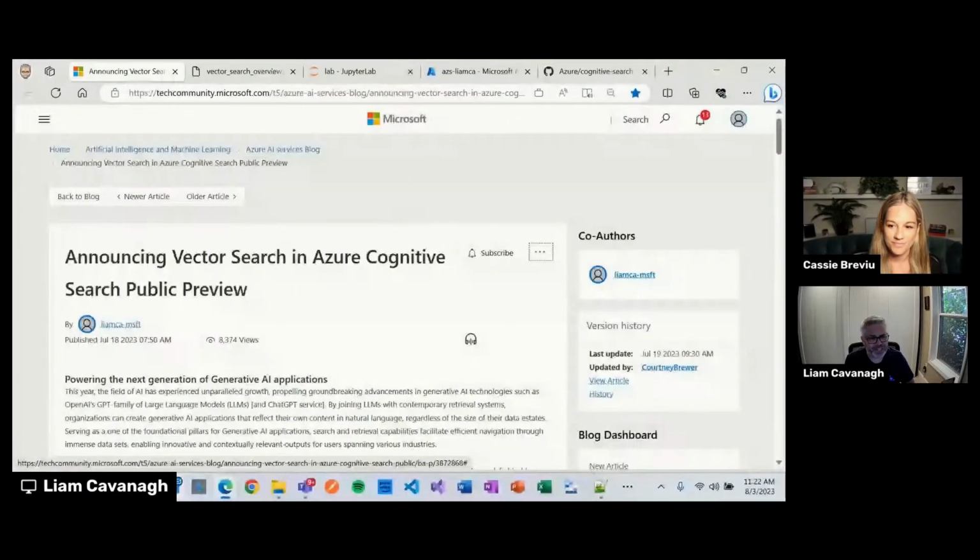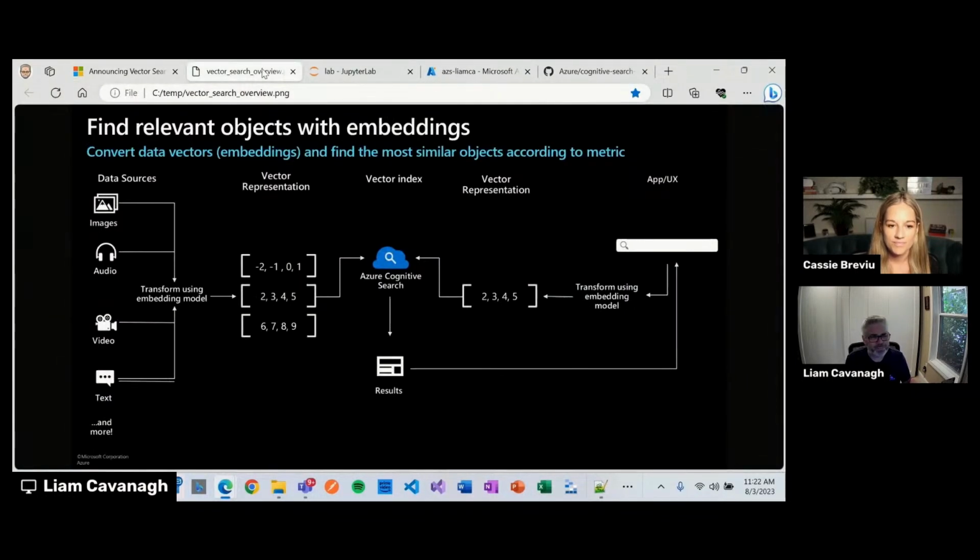Great. So there's probably a lot of people that might be watching and thinking, what is even vector search? Why don't we start with what it is and why people might want to use it? Absolutely. One of the places I think would be great to start is this blog post that we released, which talks a little bit about what Azure Cognitive Search is. It walks through the details of it, what we've done, and some of the highlights. But one of the things I'd love to do in this session is help people understand what exactly vector search is, why I should care, how this compares to the old traditional way of doing text search, and the types of things this opens up.